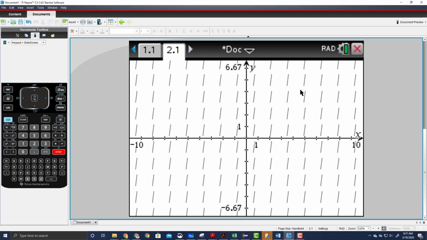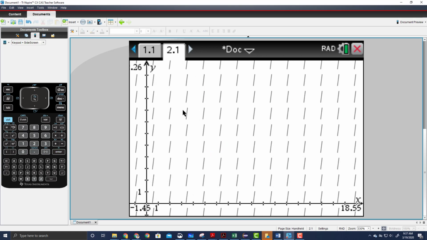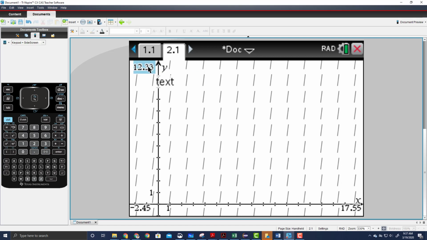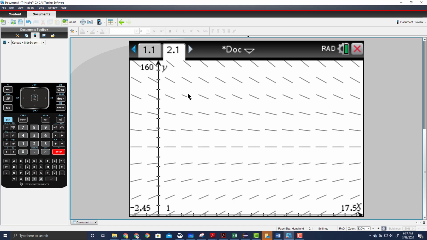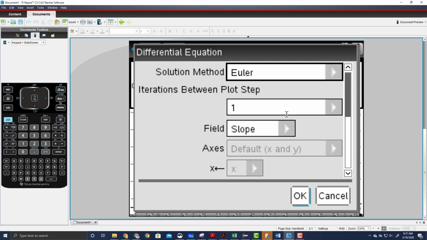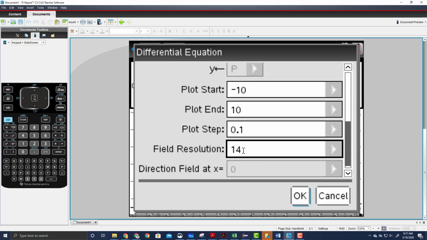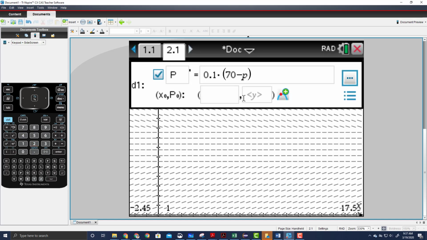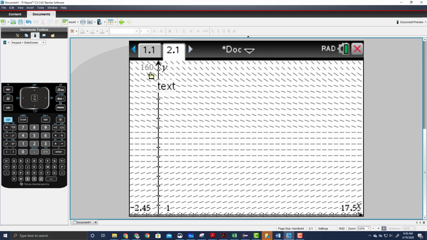And you can see our scale isn't really great here. We only are going up to 12 degrees. I want to get up to maybe 160 degrees here. And let's call this 17 minutes here, so this is maybe as our coffee is warming or cooling. Let's change our field resolution to 0.42. Okay, and now you can kind of see what's going on here, but it's still